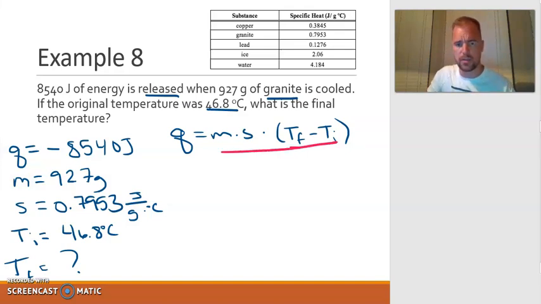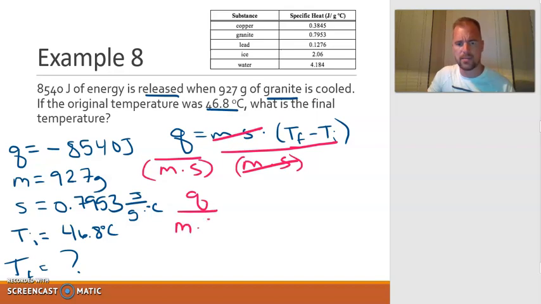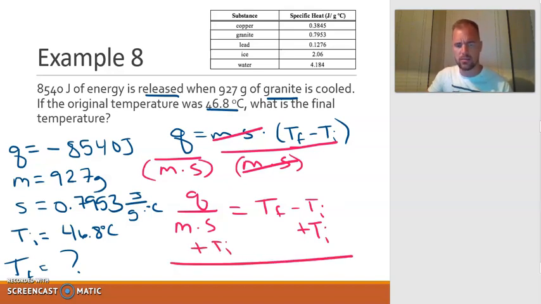So first thing I'm going to do is divide both sides by the product of mass and specific heat, right? So if I do that, it's going to cancel that out. So Q divided by mass and specific heat should be equal to T final minus T initial. Then, if I just add T initial to both sides, I end up getting,